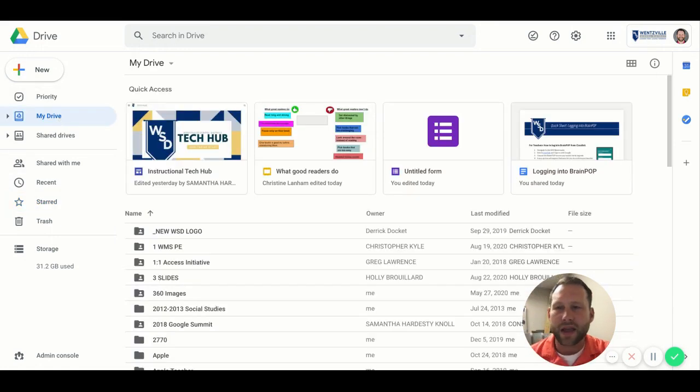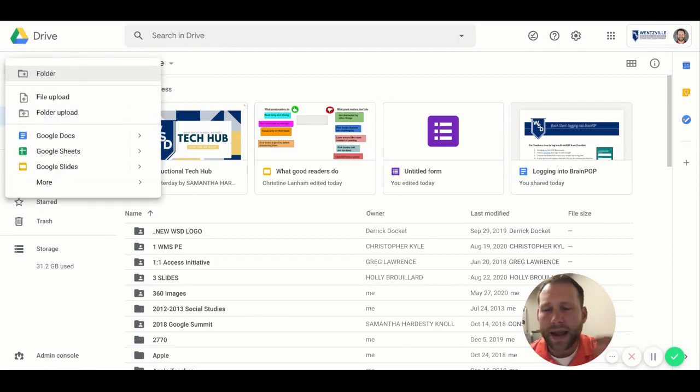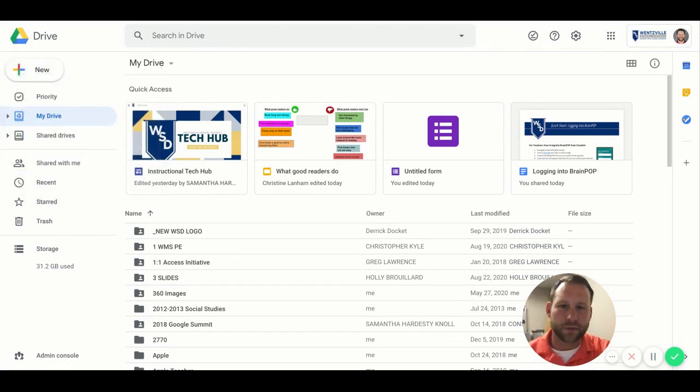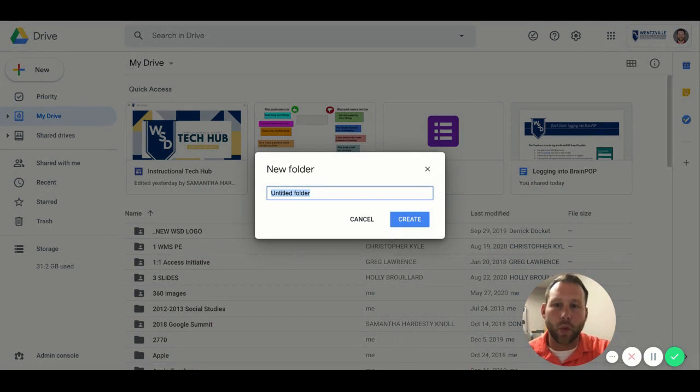And one of the things that I wanted to add that I think is important for students to do as well as our adults in the district. When you click on new, and Sam's going to go through some of the core apps here with you guys on some of the things you can do in there. I am a big fan of adding folders. Okay, this is where you do it. So if I click add a folder, it's just basically going to pop up, what do I want to name this? So I could say,